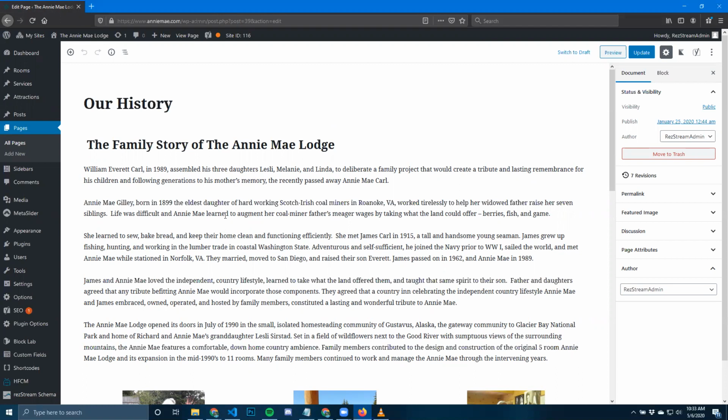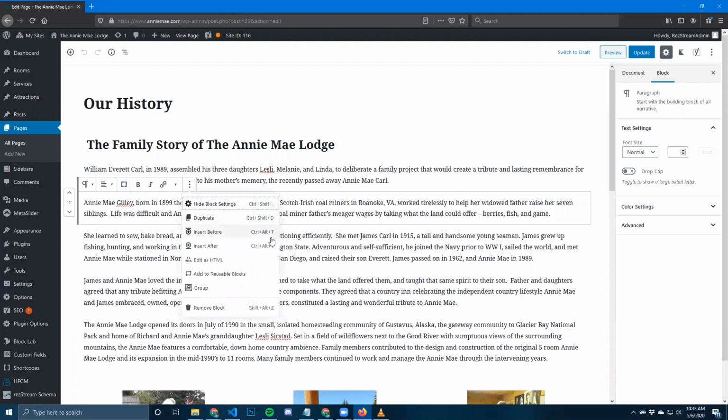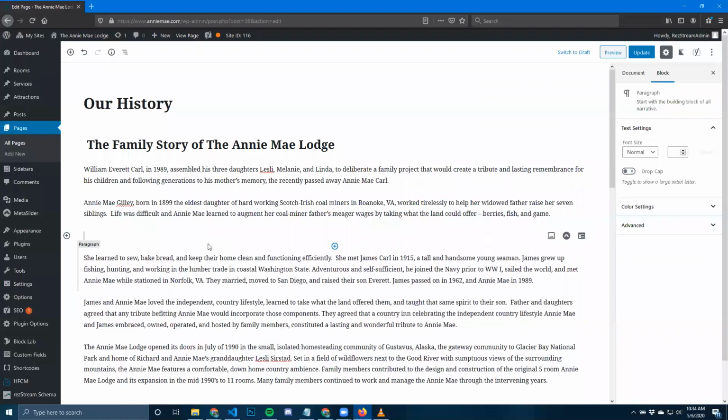If we want to place the photo between these two paragraphs of text, we can hover our cursor around as we see this Add Block plus sign pop up, or we can always select a block and we will get this option to add a block afterwards. Or when we have a block selected, we can also hit these three dots and you will get the option to insert one before, insert a block after. So we're going to insert a block after, so we're going to hit that,